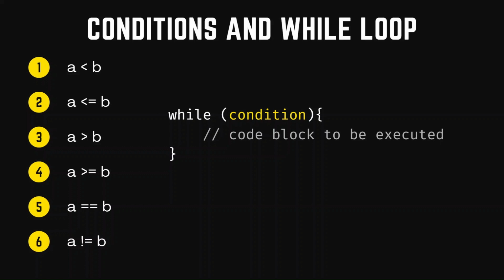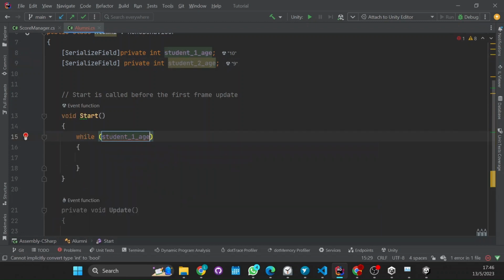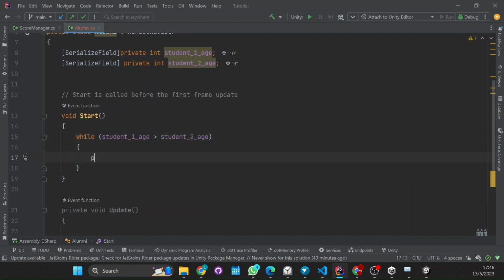Let's start with loops. The while loop, that is this one, loops through a block of code as long as the condition is true. So let's try it out. Let's see what this means. Here I have our student 1 age and student 2 age, and let's say while student 1 age is bigger than student 2 age, print